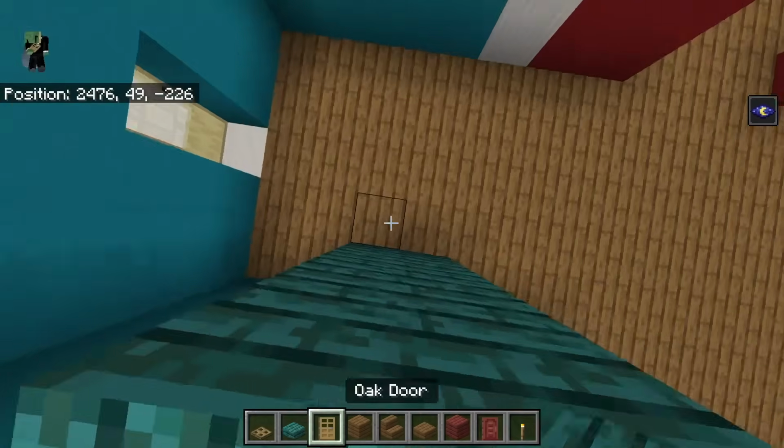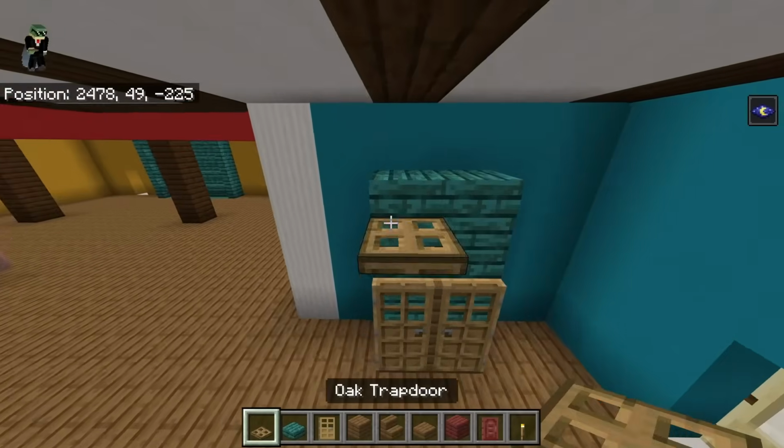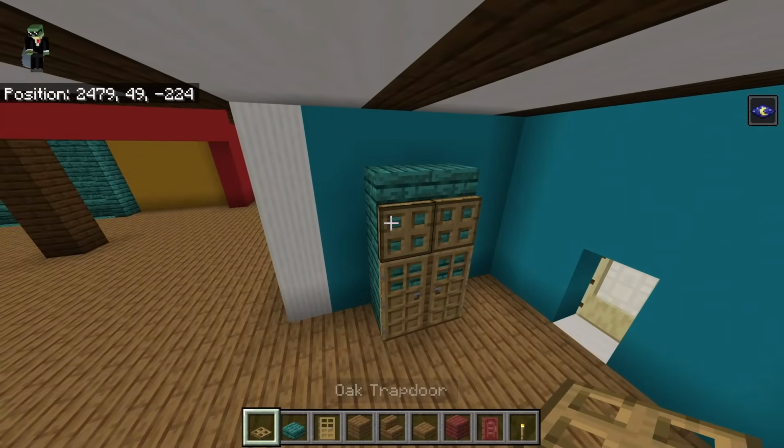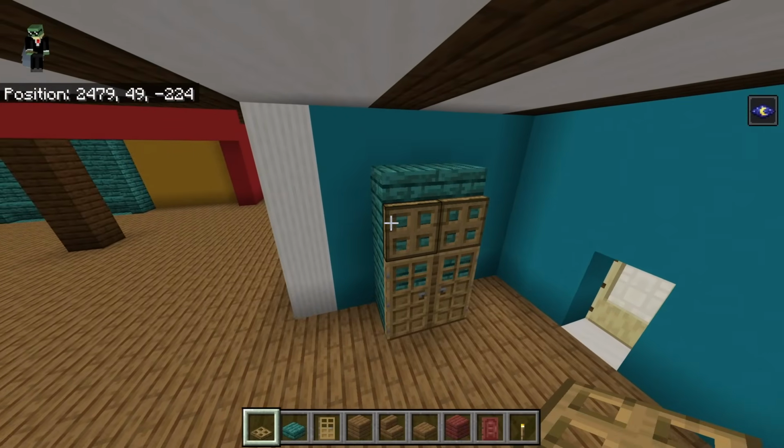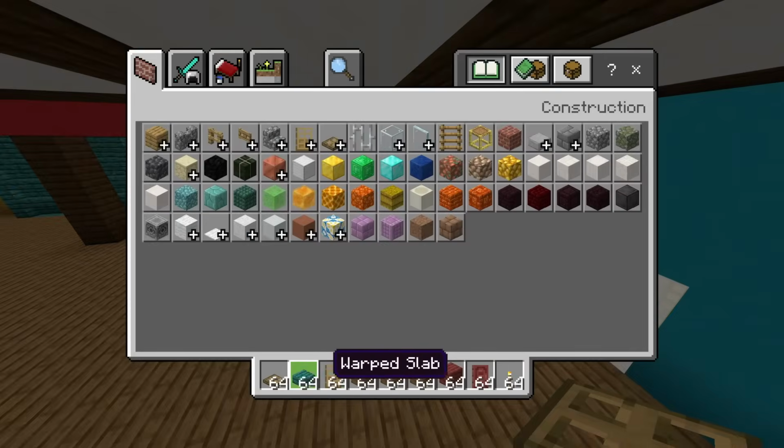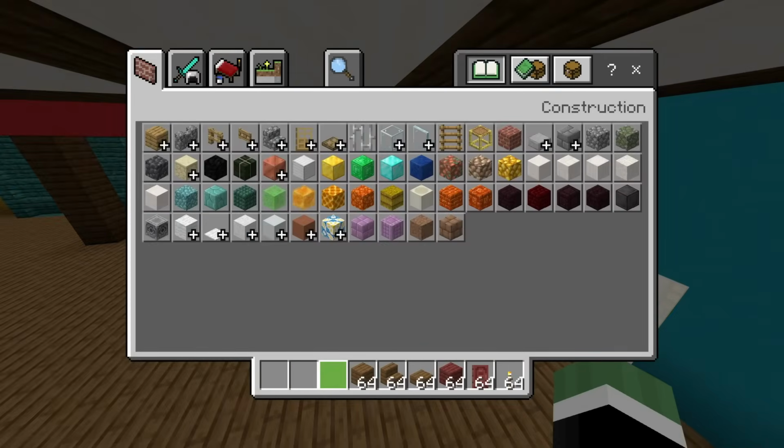Warp slabs on top. Oak doors off the bottom, and oak trap doors open up against the top planks. You can then get rid of the first 3 things in your inventory, along with the torches, and get out